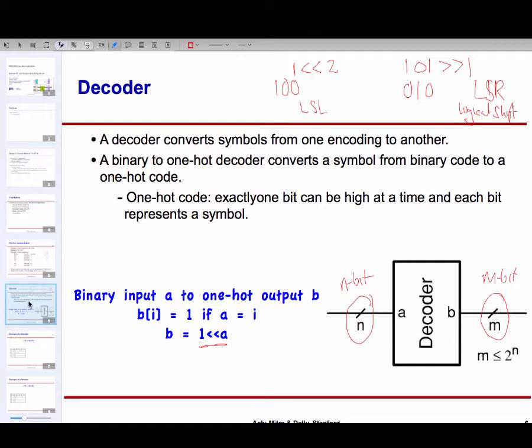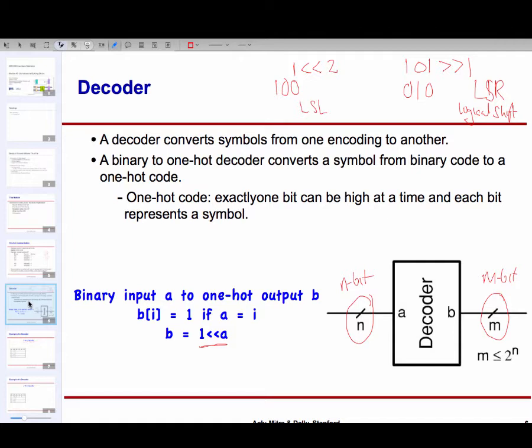And the idea is that if the input corresponds to the number I, then at the output, the ith wire will have a 1 in it, and all the other wires will have 0. So on the output at any given point in time, 1 and exactly 1 wire would be high, and this is what we had seen in the very first lecture, this concept of one hot coding.